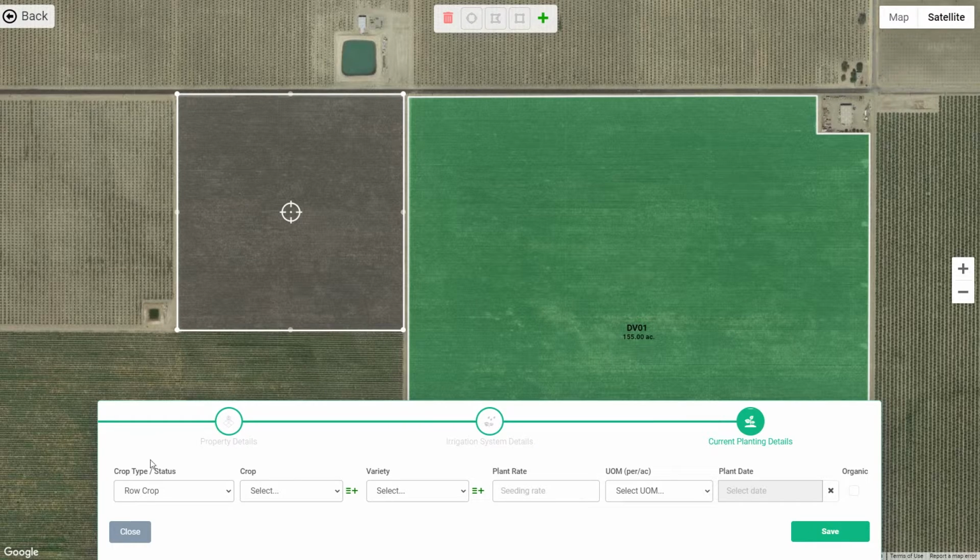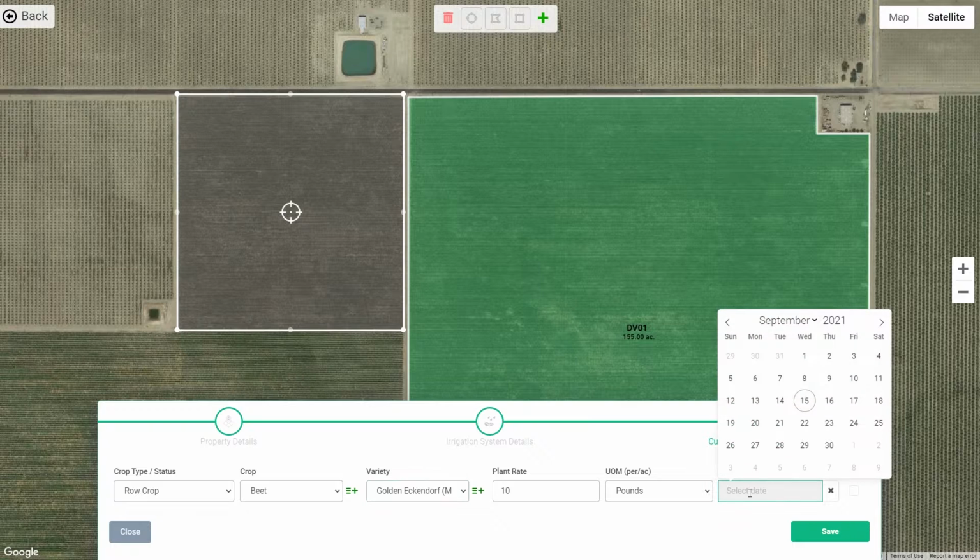And the last step is where we can specify the current crop, what's planted in that field. So here we can select, the field could be fallowed, it could have a permanent crop or row crop. So I will leave row crop, I will select beet, I'll select variety. By the way, if you don't see the variety or crop option on a list, just click on the Add to List button next to the drop downs and you can add your own option. Next we need to specify the plant rate and unit of measure, so 10 pounds per acre, and when it was planted. So this was planted early in the year,